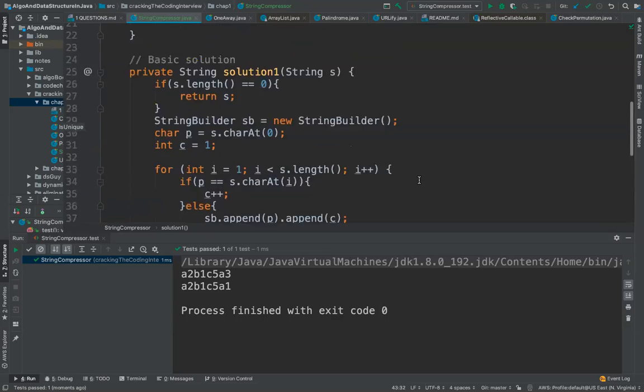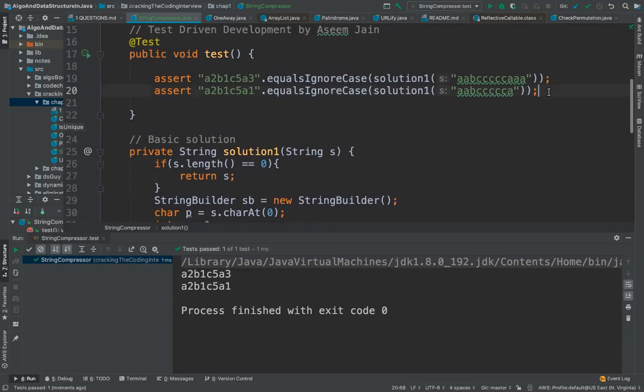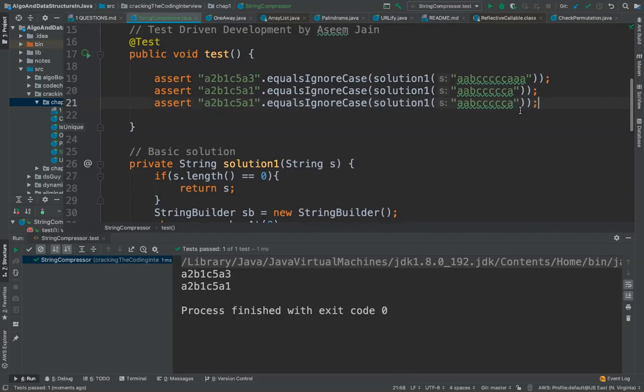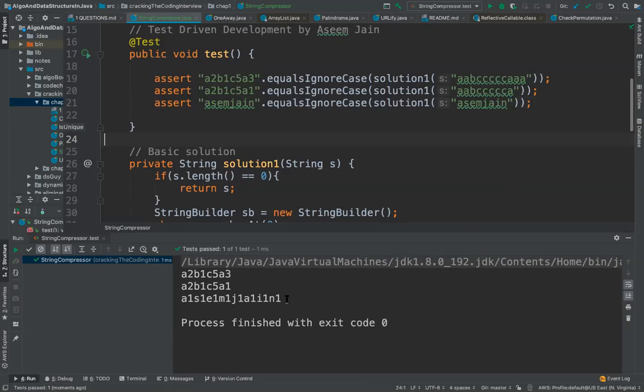We can always check another test case, let's say a string like this. I am supposed to return the original because it doesn't have too many recurring characters. It shouldn't return the compression, but the original string should be returned.